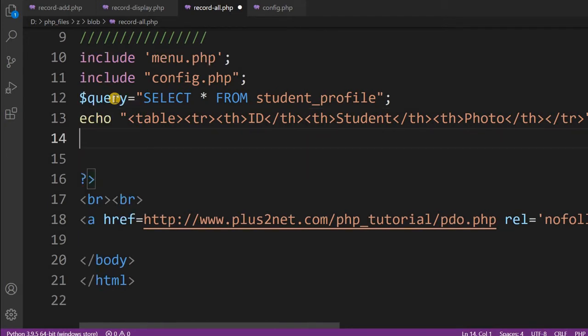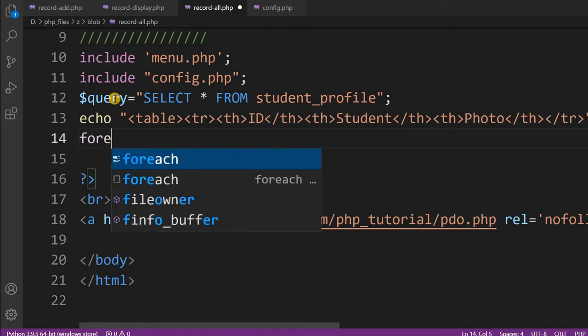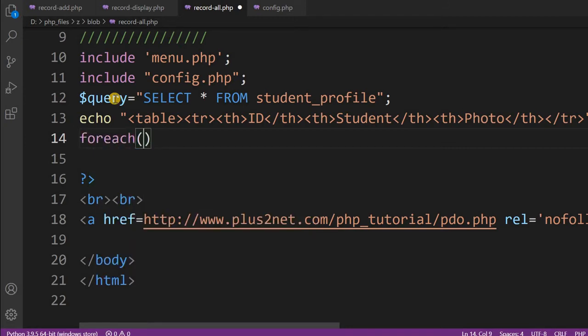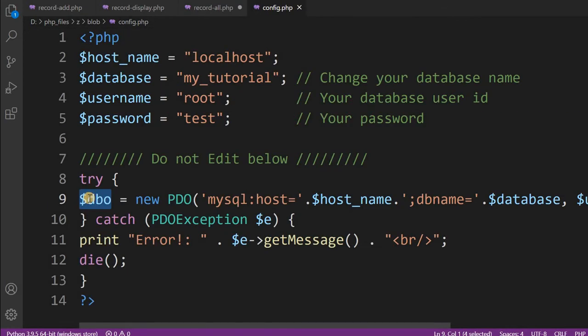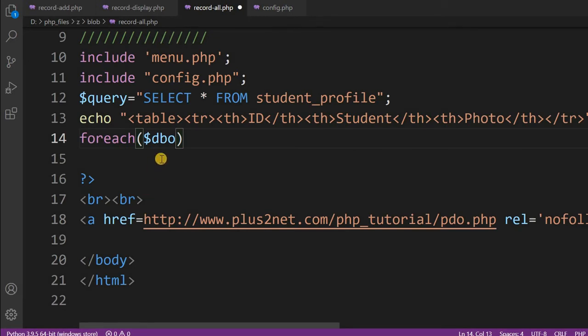Now after this, let me start my foreach. DBO. What is DBO? Inside our config file we have declared it. We are including the config here, so it is available to us. DBO, then query.